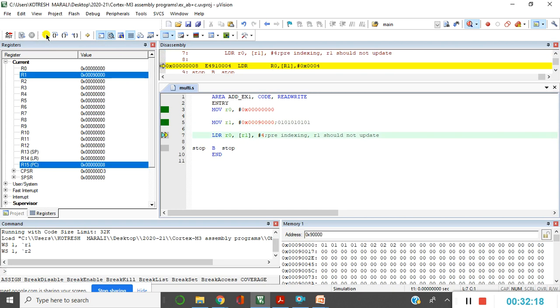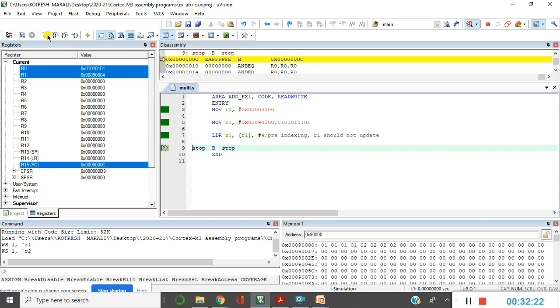Just check here. Now R1 we received 90004. The content is 01010101, but the R1 address got changed, so R1 got updated. So this is what we call post-indexing.